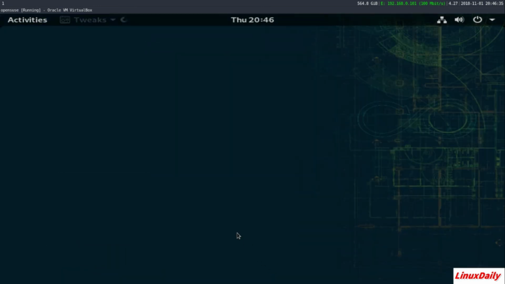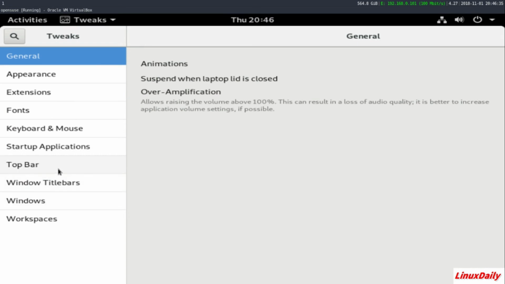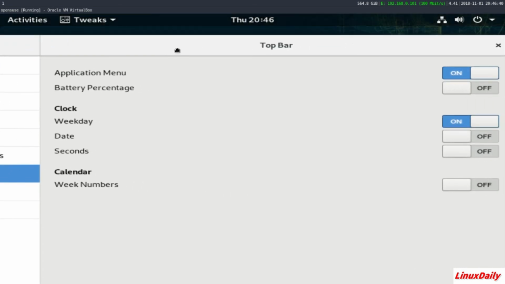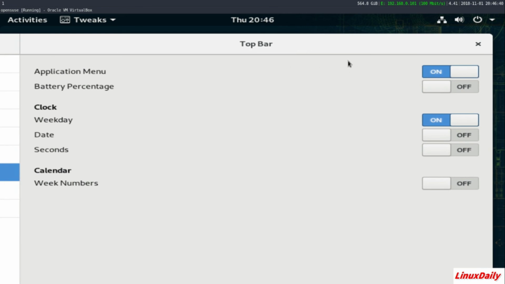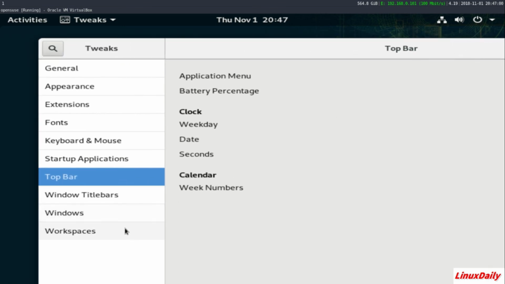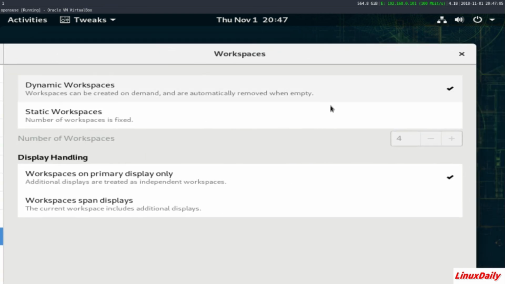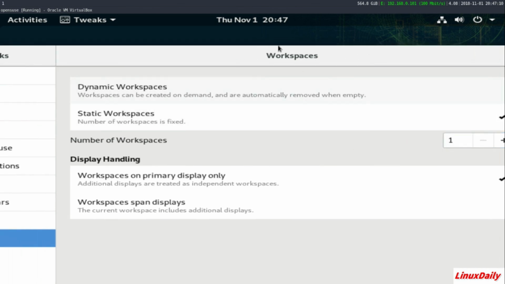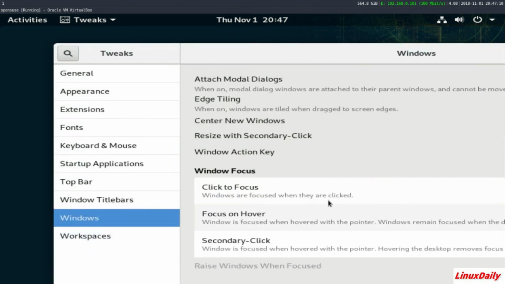So Gnome Tweaks. Top Bar. Let's see what we can do there. And of course the thing is just a little too big. It might be because of the scaled mode, because I'm working off i3 right now. Put the date up there. Seconds, I don't need that. Week numbers. Not exactly sure where those go. This is not a laptop, so I don't need battery percentage. Workspaces. Now for me, I don't like workspaces, so I'll just keep that at 1. Windows,